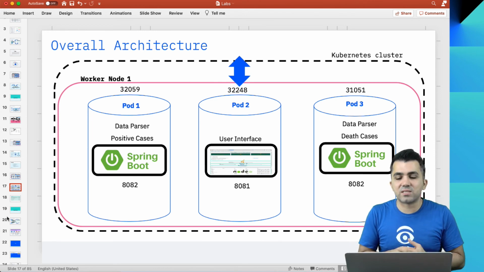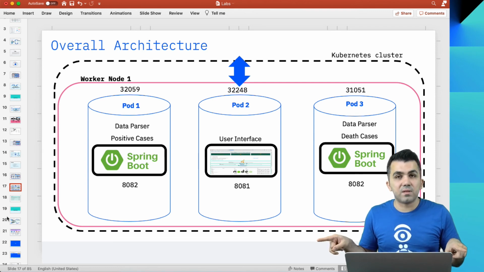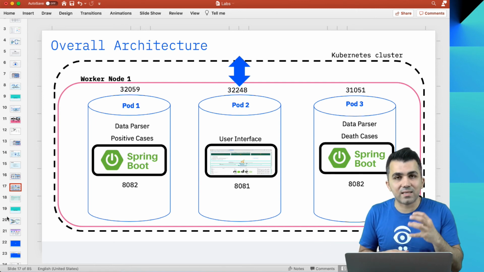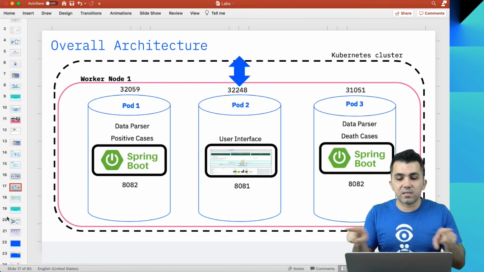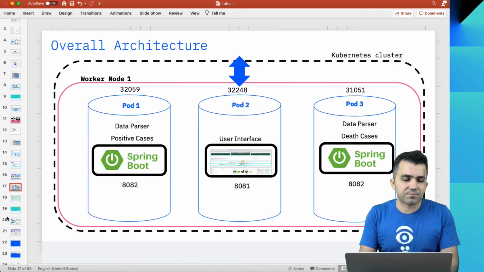This is quite interesting because I'm creating my application once, but when it comes to data retrieval, my user interface can decide between these two data repos. And at the same time, my data analysis microservice can do the same thing. It can go to each one of these pods and get the data that it needs.